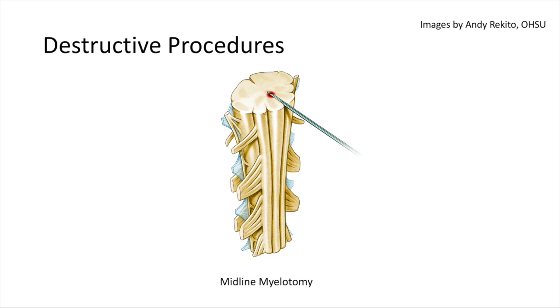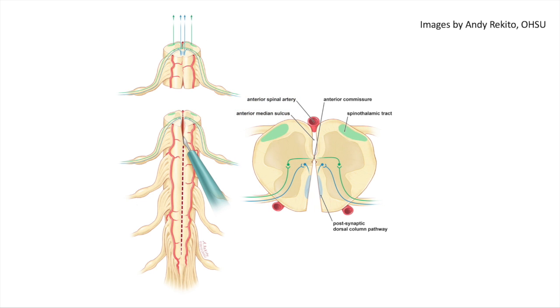Midline, or so-called extralimniscal myelotomy, is usually performed either with direct myelotomy or RF lesion directed at the anterior commissure after surgical exposure of the dorsal spinal cord. The original concept was to disrupt the crossing fibers which form the spinothalamic tract, producing bilateral segmental analgesia several segments below the lesion. Cervical midline myelotomy has been found to produce bilateral analgesia below the level of the lesion, and it has been suggested that disruption of the postsynaptic dorsal column pathway may be its mechanism of action.